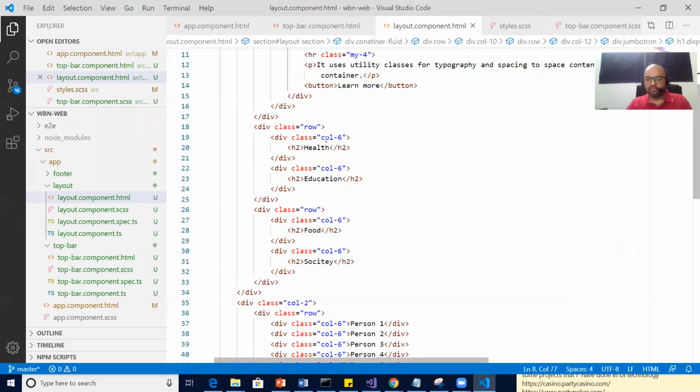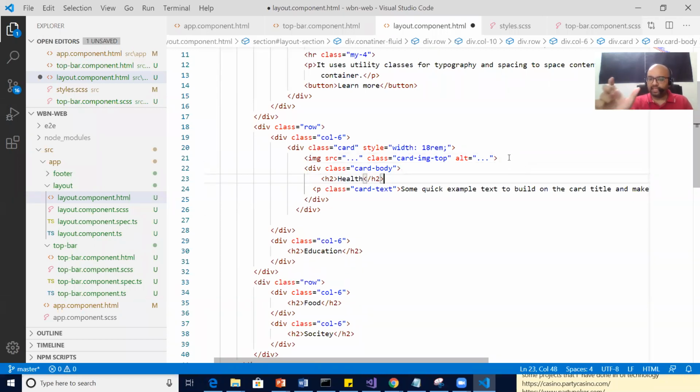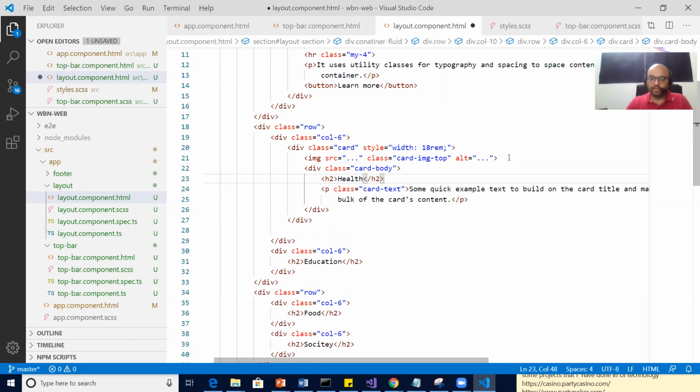And in the health tab, you remove this health, and you can put it over here. After the image, on the card body, you can put it. First the heading will come, health, and then some text will come, the description will come. Okay. Guys, you got my point?